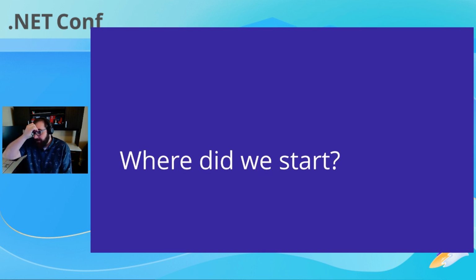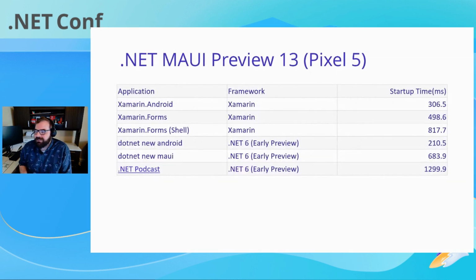So let's get into it. So where did we start? I actually work on the Android team, like the .NET workload for Android. But there was a Microsoft, they call it a V team or a vertical team, where they take a bunch of people and, hey, we're trying to improve this thing, and we all work together. So we all came together to work on performance. We had some people from the .NET team, of course, Android team, the Maui team. And so here's where we started.